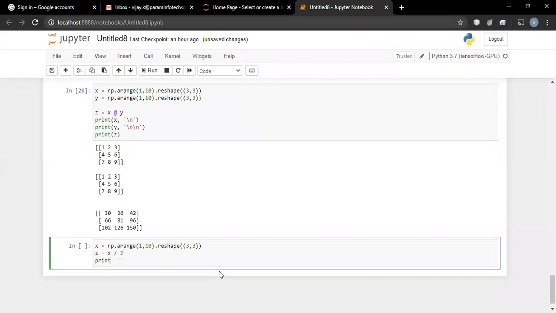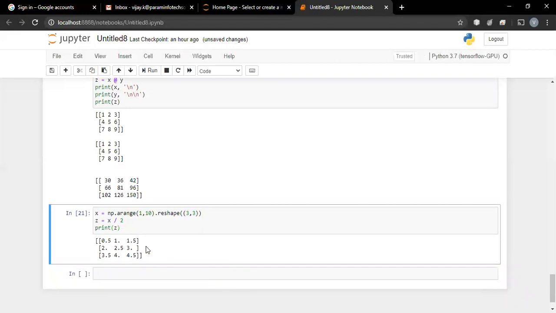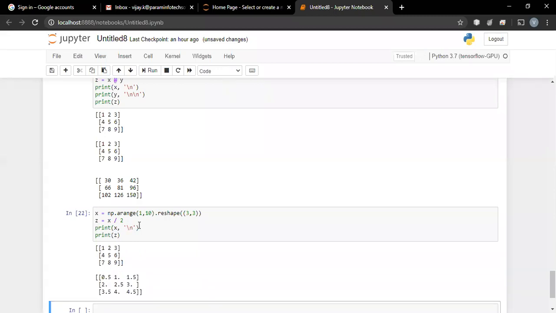If I print z, it looks something like this. For reference, let us print x also.